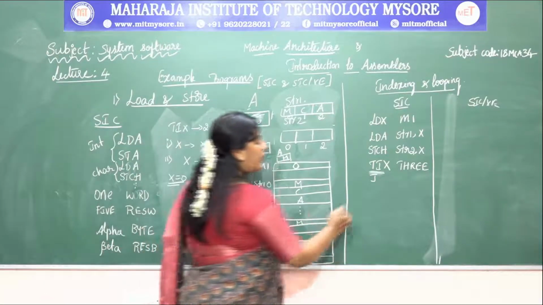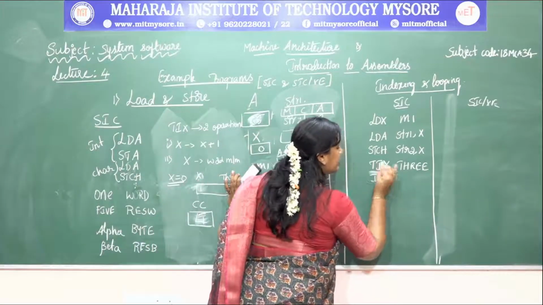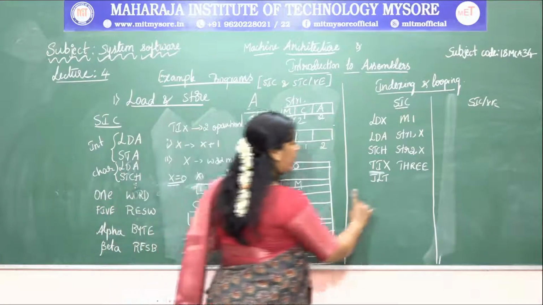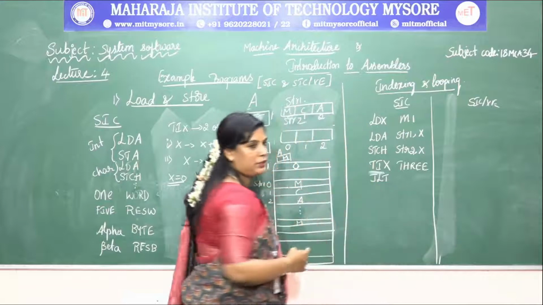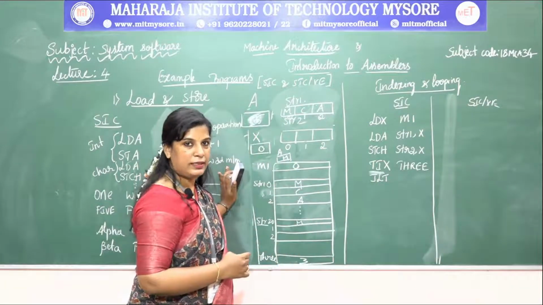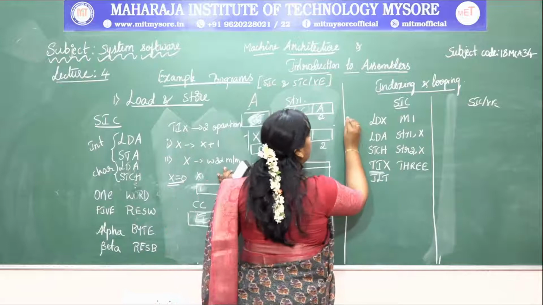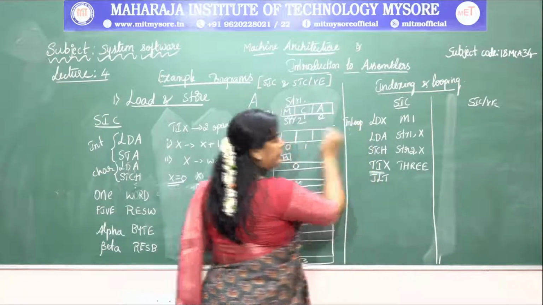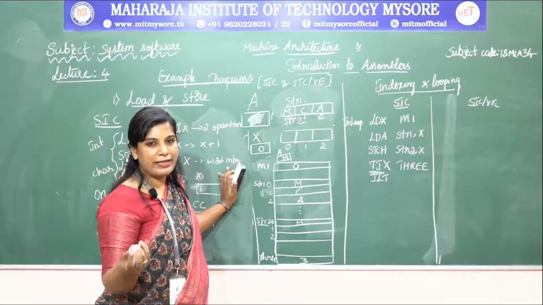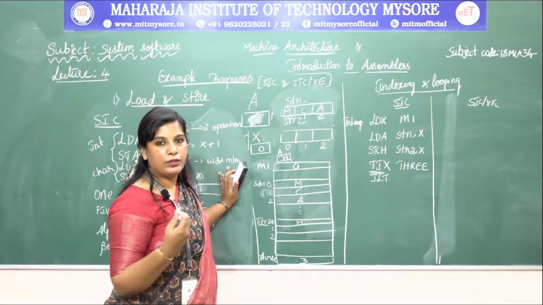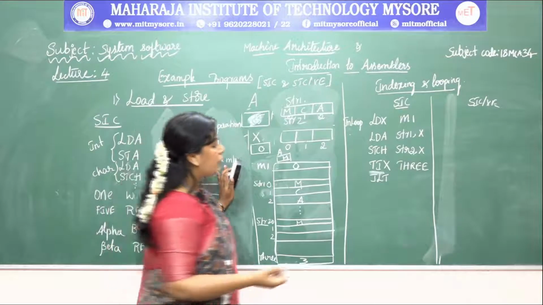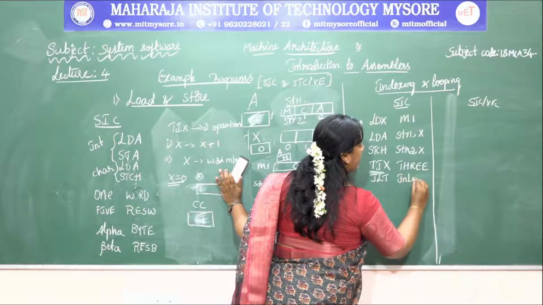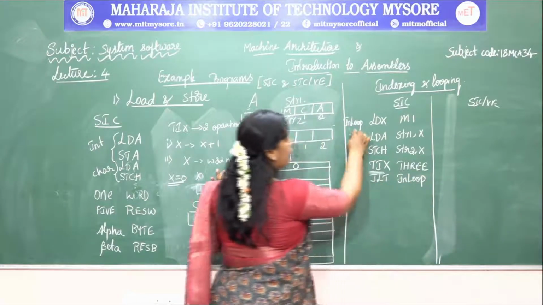So jump if the conditional code flag bit is less than; it has to jump again to the same operation, isn't it? For that, I am using a loop name here. The loop will start from this point, in loop. You can give any name for the loop. So if it is less than, where does it have to move? To the instruction which is in loop.